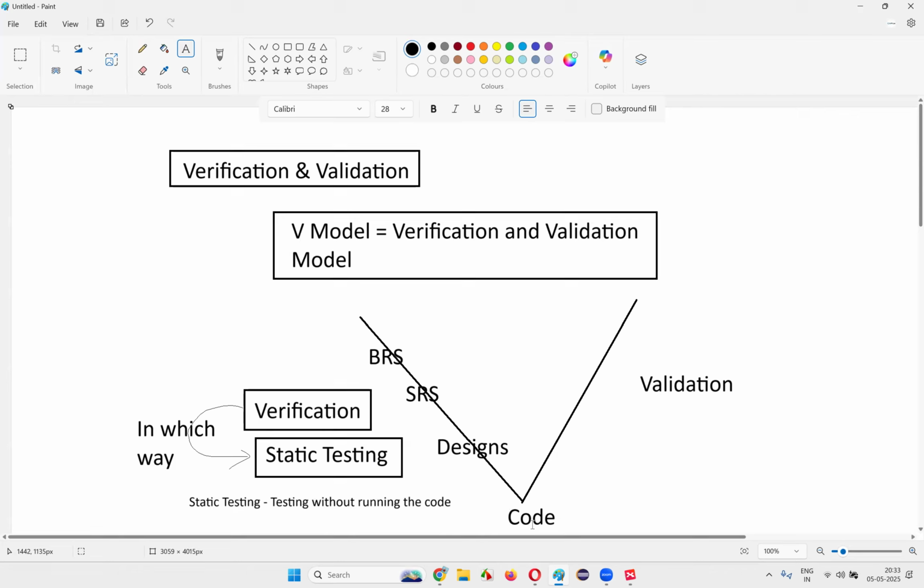That kind of checking of the code, you don't have to run the code. So code also can be reviewed or verified. Verification kind of testing can be done on the code along with these documents and design documents. Code also can be verified in a static testing way without running the code. This code will not be run and can be checked at the same time. Okay, so in a static testing way,